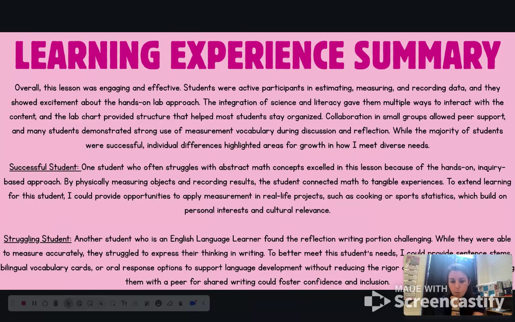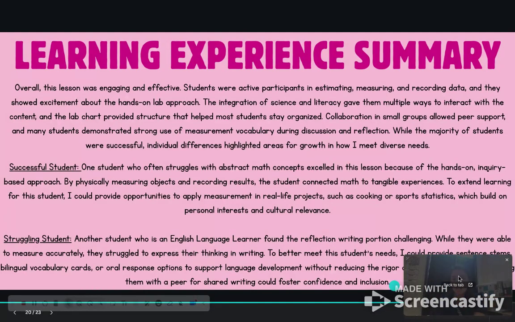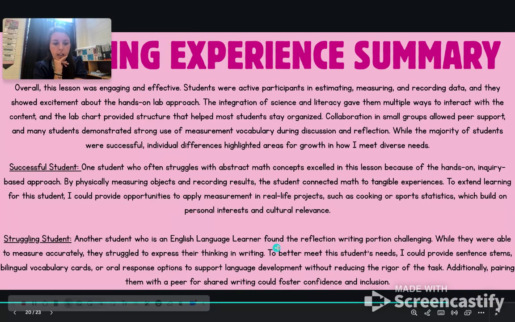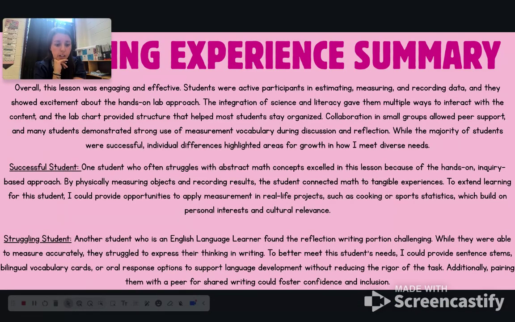So I realized that one of my students who is an ELL learner found the reflection writing portion a little challenging. So while he was able to measure accurately and get those estimates and measurements correct, it was hard for him to kind of put that into words. So to better meet the needs of my students, I provided some sentence strips and bilingual vocabulary cards for him to use and connect that with our English ones to support language development without reducing the rigor of the task. So additionally, I just gave him a little bit more support